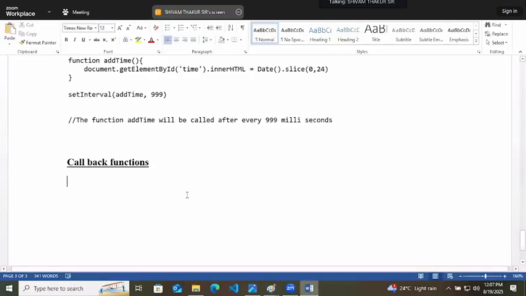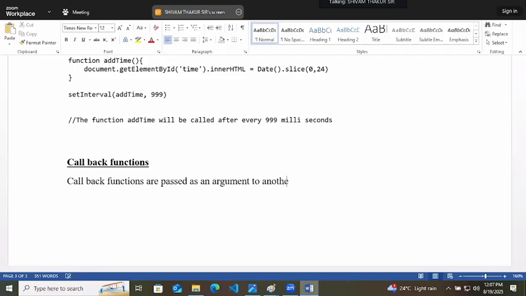Same is your callback functions. Callback functions are passed as an argument to another function. What are callback functions? They are passed as arguments to other functions.